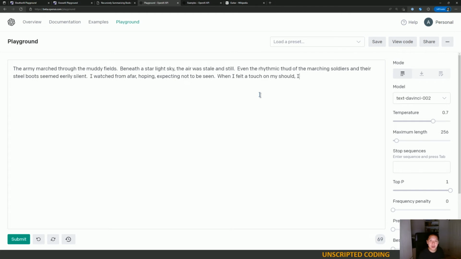The army marched through the muddy fields beneath a starlit sky, the air was stale and still. Even the rhythmic thud of the marching soldiers in their steel boots seemed eerily silent. I watched from afar, hoping, expecting not to be seen. When I felt a touch on my shoulder,